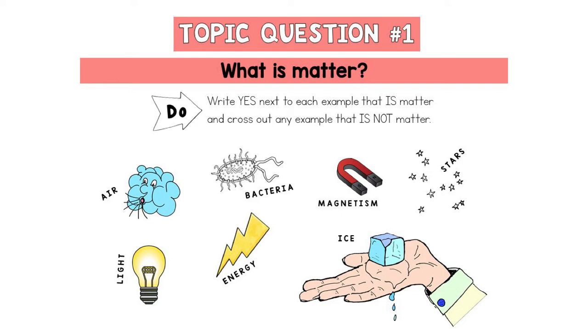Light does not have mass and does not take up space. You can't touch it, so it is not matter. Energy is not matter as well. However,